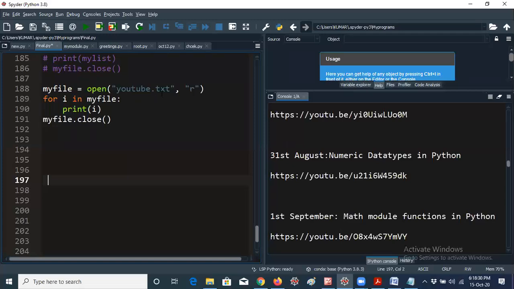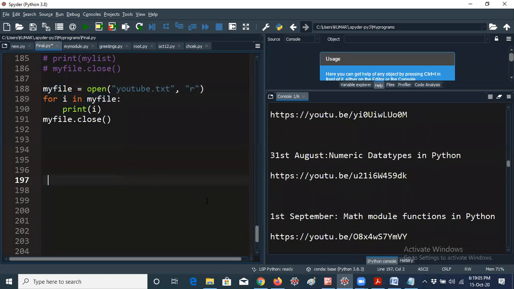If you have any file with students data, or whatever it may be, not only a text file, for example 124 students' data, and I want to print it in my output, then you can use a for loop. That's very easy, guys. But here we have to use the open function, because you want to open the particular file, and this is the object. The variable is assigned the particular file, that's the reason I am giving for i in my file.